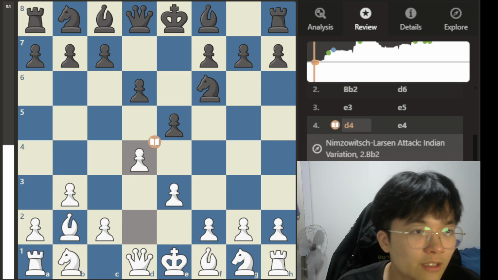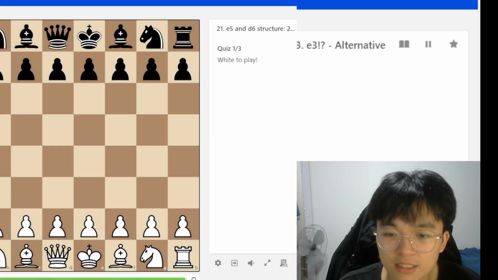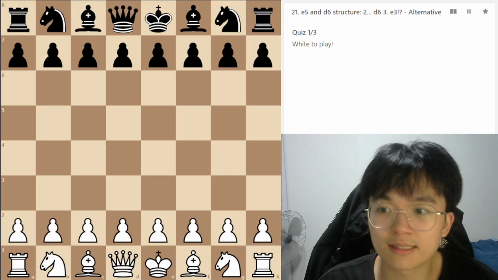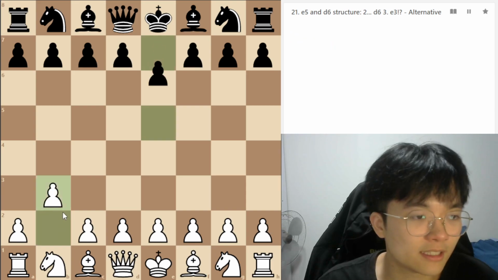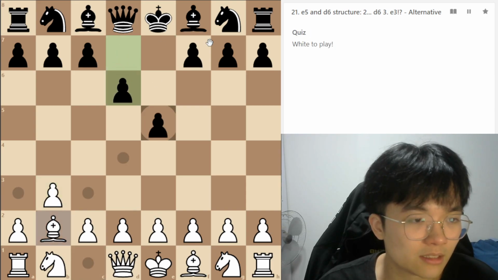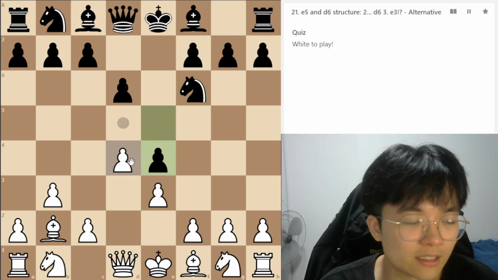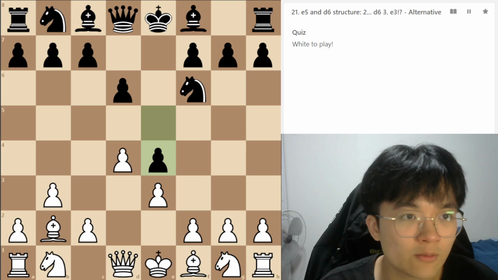So if we go into Chessable, you can see this is the move they suggest. I'm gonna switch the scene, Chessable study, over here. Yeah, so this is the move order they suggest. So if our opponent plays like this and plays knight f6, we can go d4. This is the alternative line, and this is where I missed